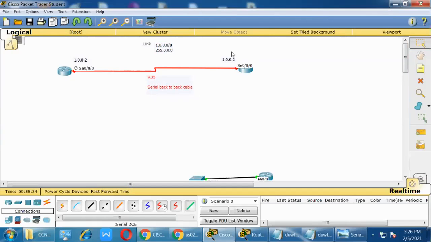So this is called link information. In real time, they will say, please, can you provide my link information? So you have to say all these things. My link network address is this one. My interface IP address is this one. My interface name is this one, serial 0/0/0. And you need to provide whether it is DCE or DTE, which cable you are using, and which IP address you are using. This is the complete information you have to provide if asked for link information. Okay, clear? Now, one is the link information, second is the link status.